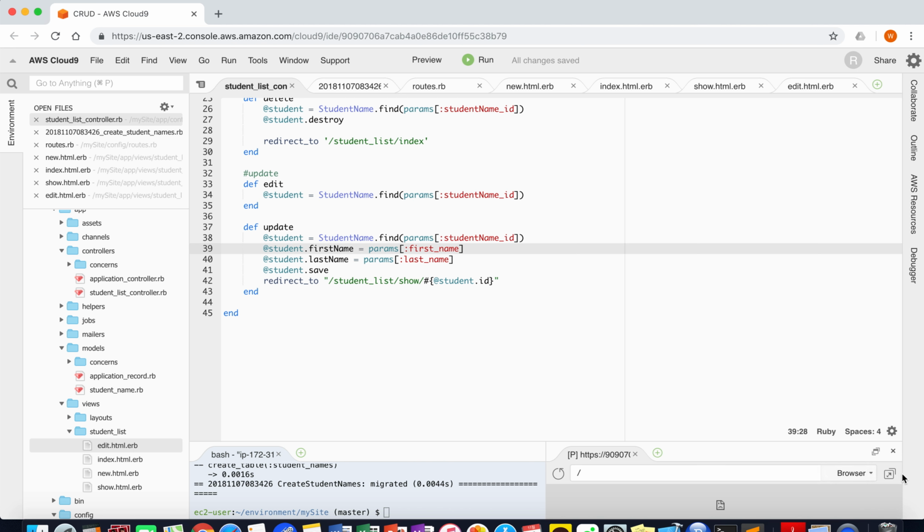Yep, I think that's it. Let's run the server. Let's see if this works. We don't have anything on our index, so